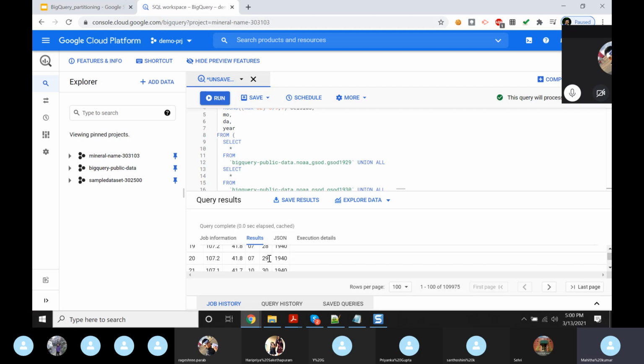The 5 columns we have given, we have got those, and these are the available records for our query.